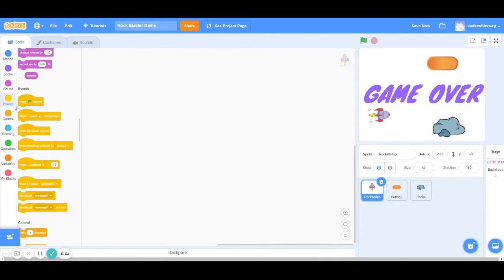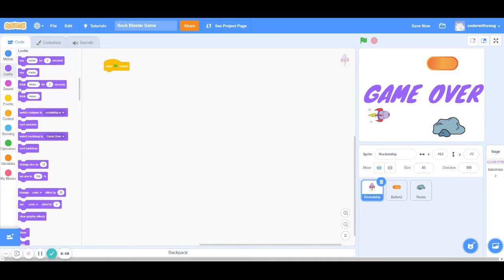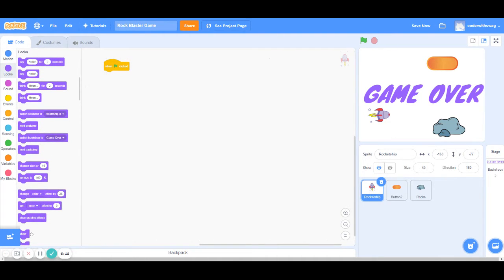All right, so let's start our code. We always need to start off with when the green flag is clicked. Then we're going to always show the sprite because we want the rocket to start off showing. And then we always want to switch the backdrop to nebula because that's going to be our actual backdrop where we play the game. And then we always want to set its size to 45%, because sometimes this value could change and the rocket's size could change, but we're always going to lock it at 45%